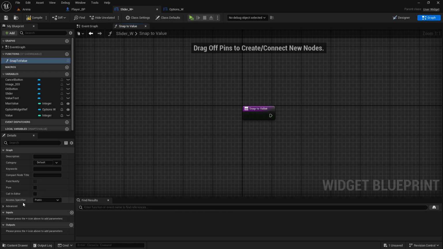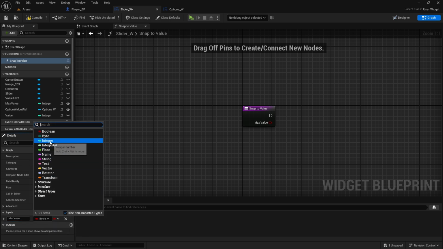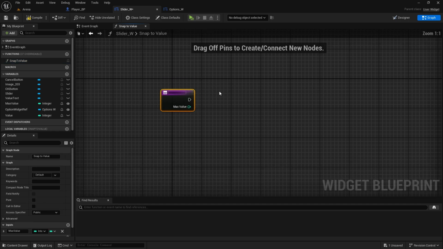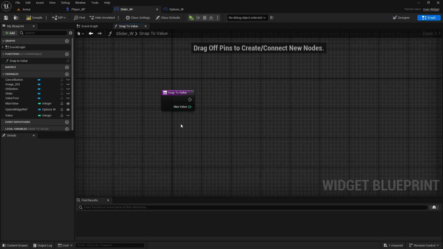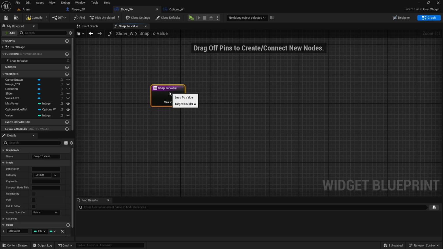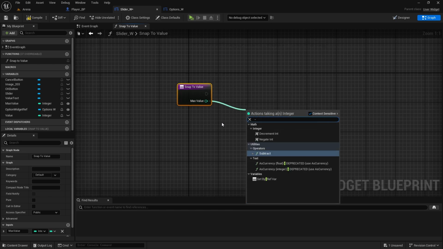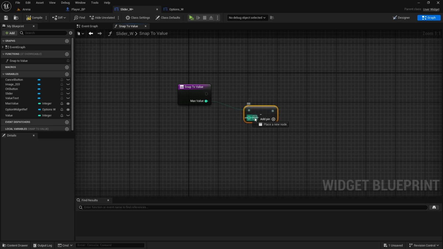And in here we can just create one input, which will be our max value. It will be an integer. And here I'm not going to explain all the calculations, but basically what we're doing is just calculating the length of the bar and then dividing it between the values so it snaps to the correct one, okay? And nothing in between. So I'm just going to subtract 1 here,